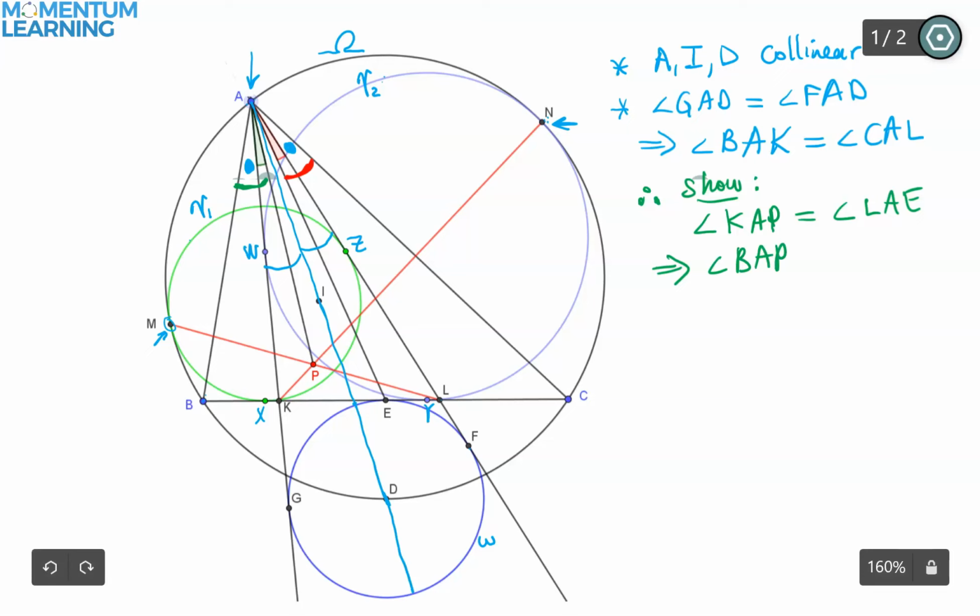BAP is equal to CAE. Now, what does that mean? Showing that BAP is equal to CAE. All right, so that might be